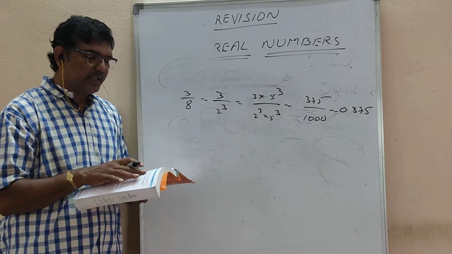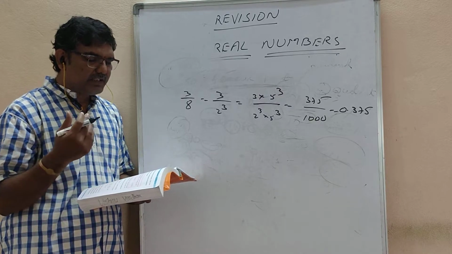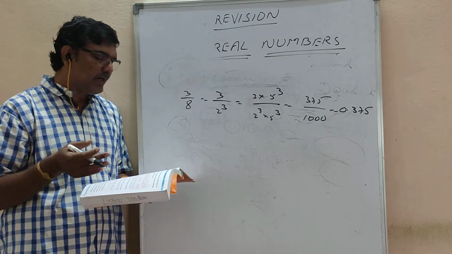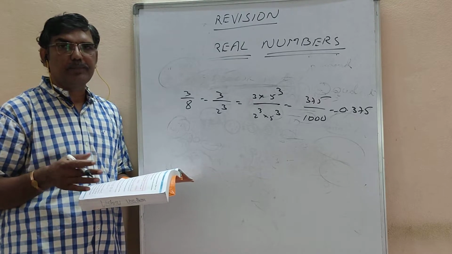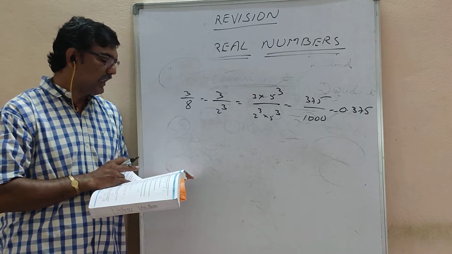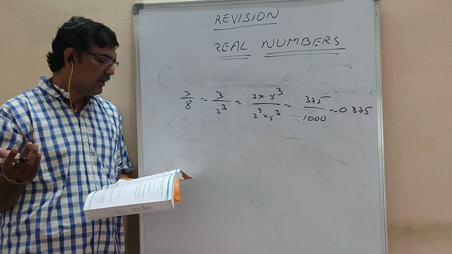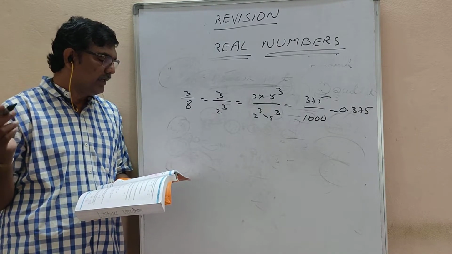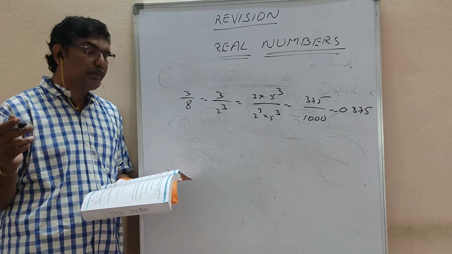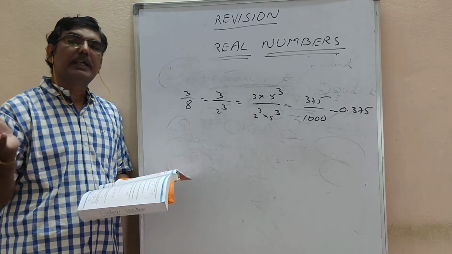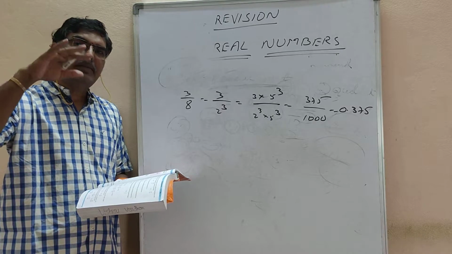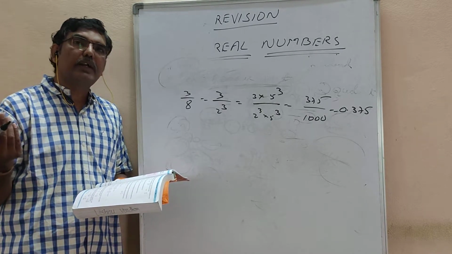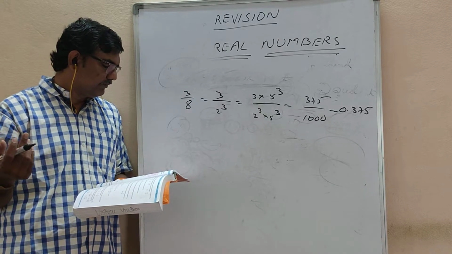Here also let x be a rational number. If its decimal form terminates, he said that denominator will be in the form of 2 power n 5 power n. In theorem 1.4 he is saying that x is a rational number and if denominator is in the form of 2 power n 5 power m, then the decimal expansion terminates. There decimal expansion terminates, it is given. In this theorem 1.4 it is required to prove. Okay, result.